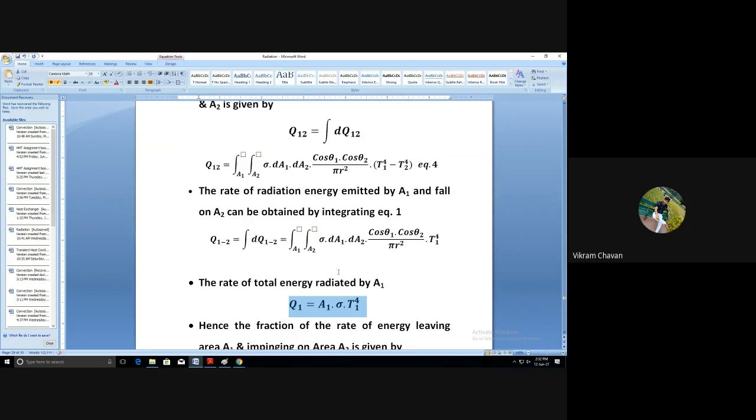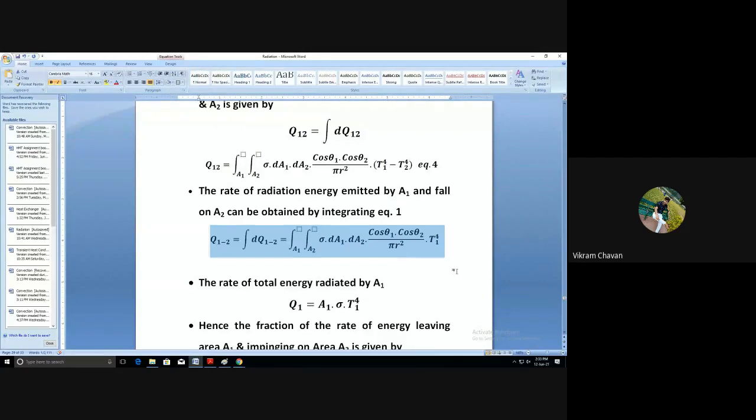ओके, और उसमें से इतने अमाउंट ऑफ रेडिएशन दूसरी बॉडी पर इम्पिंज हो गए हैं और स्ट्राइक हो गए हैं. ओके, वन अमाउंट ऑफ रेडिएशन एक बॉडी ने ऑल डायरेक्शन में भेज दिए गए हैं. ओके, उस टोटल एमिटेड रेडिएशन से q1 to 2 अमाउंट ऑफ रेडिएशन दूसरी बॉडी पर पड़े हुए हैं और रिसीव किए हुए हैं. ओके, समझ में आ रहा है, दूसरी बॉडी पर रिसीव किए हैं.